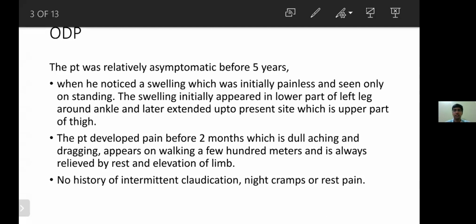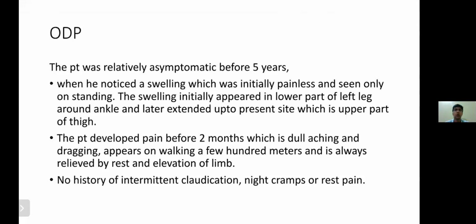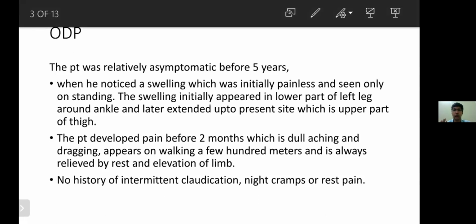Okay, please know that pain: it is a sharp crampy type of pain which occurs not on the first step, but after taking a few steps, which is relieved after a few minutes but not immediately on sitting or resting, whatever it is, and is reproducible. That is the claudication pain in intermittent claudication because of PVD. Because of varicose veins, the pain is classically dull, aching, continuous pain after long standing, classically in the evening or the night, and relieved by taking rest when we elevate the leg above the heart.